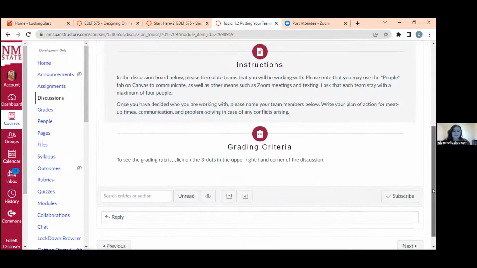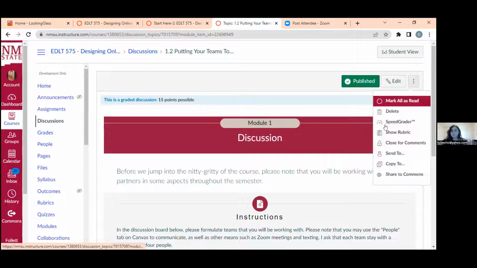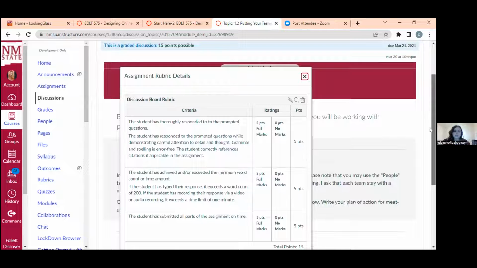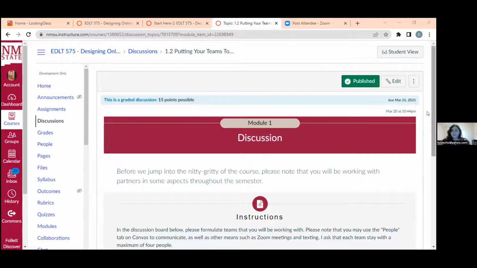Furthermore, we also have our discussions. Every discussion board and every similar assignment, by the way, has a similar grading rubric, and that's to keep the sort of consistency in the course. So you can see here, for example, for the discussion rubric, that's a universal one for this course. They have 3 expectations, all in which are graded with the same equal amount of points. So if students feel lost, or if they feel like maybe it's kind of overwhelming to do all these things at once, at least they can know that there is a consistency to their grading and therefore easier to receive help from the instructor or from their peers as well.